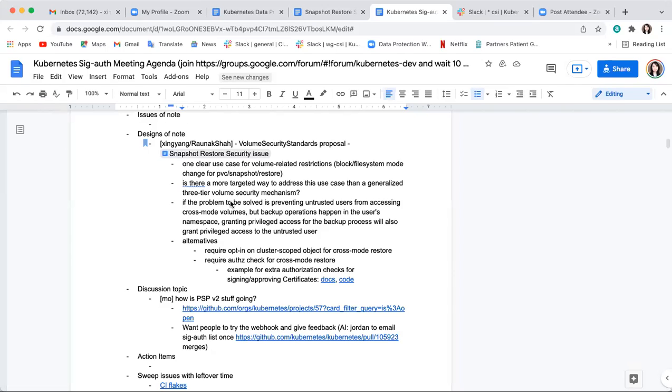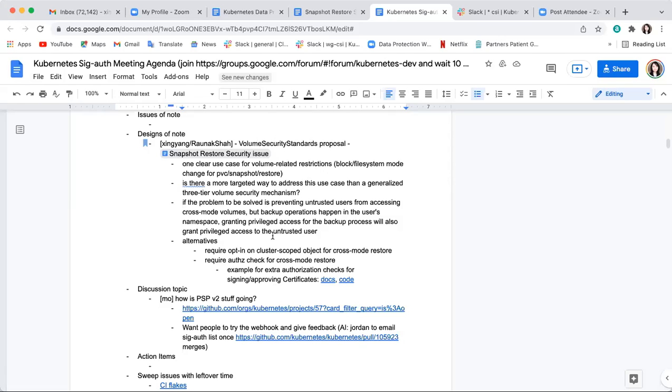Okay, yeah. So just to answer Yang's question, this is the SIGAuth meeting notes where we went last time and talked about this. We were at that time proposing to do this volume security standard. So there was one reason that we just talked about earlier, that you can't just restrict that at namespace. That's not going to be enough. Another thing Jordan was saying is, hey, you're using a very complicated approach to solve one particular use case. It's not like the pod security standard, which has a lot of use cases they want to solve. And then he was saying, why don't we just do something more simple?